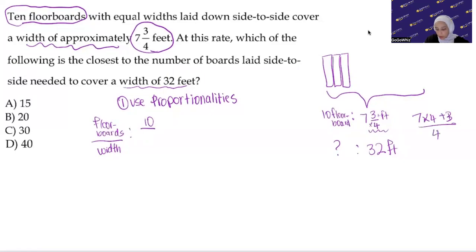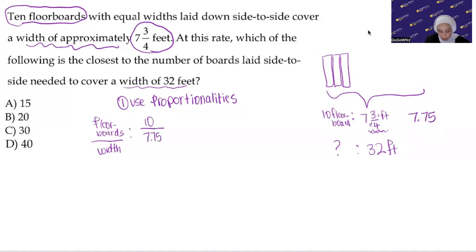Or, instead of going to another fraction and then to a decimal, I can see immediately that 3/4 is 0.75. So then 7.75. So 10 floorboards cover 7.75